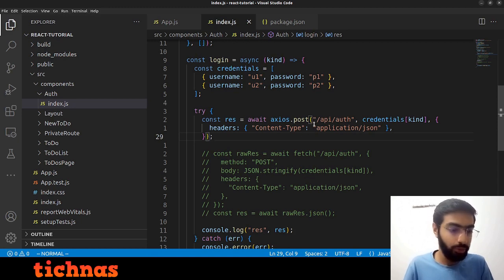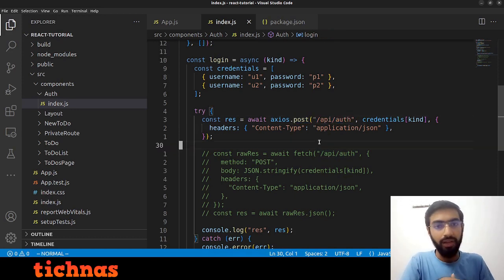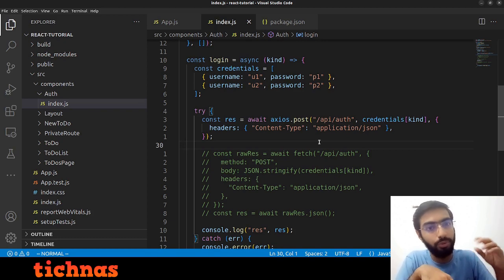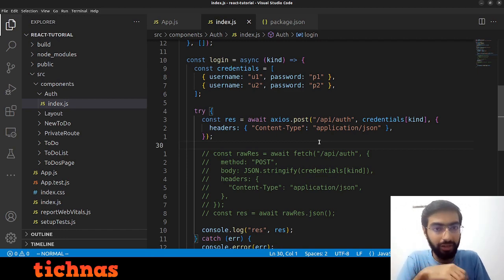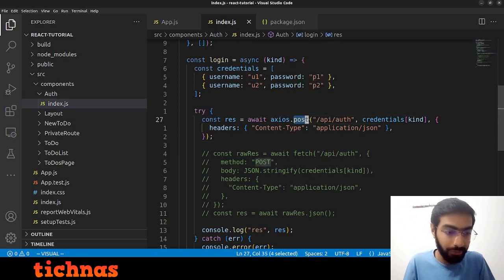So for logging in, you are sending a request to this /API/auth, which is a post request. Right now we only have this one location where logging in a user is possible, but in a big app, login might still be only one place, but there can be different things. So let's say get post: if you are building a social media website, then there will be different posts and different users. So get post is something which might be used in different places. You might have get post in user profile, on the homepage, in like 10 different places, and everywhere you are hard coding that you are doing a post request